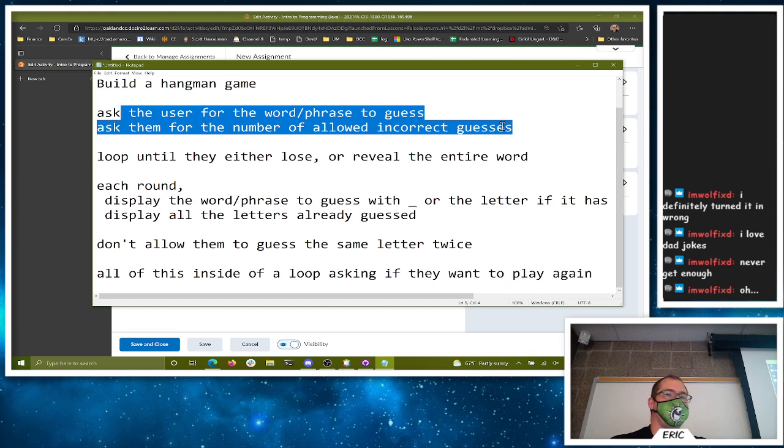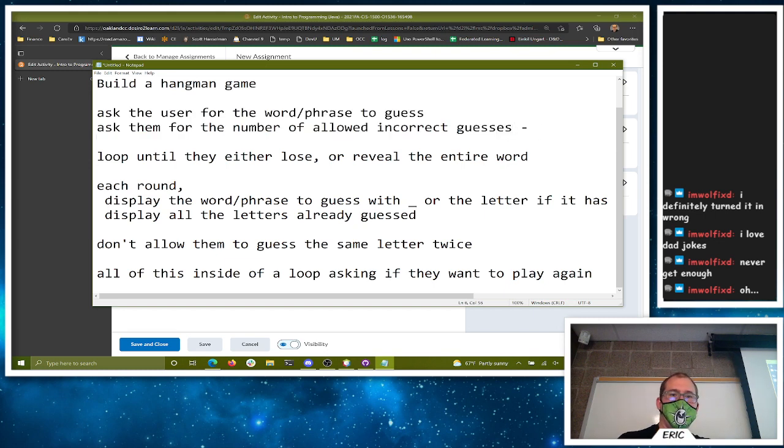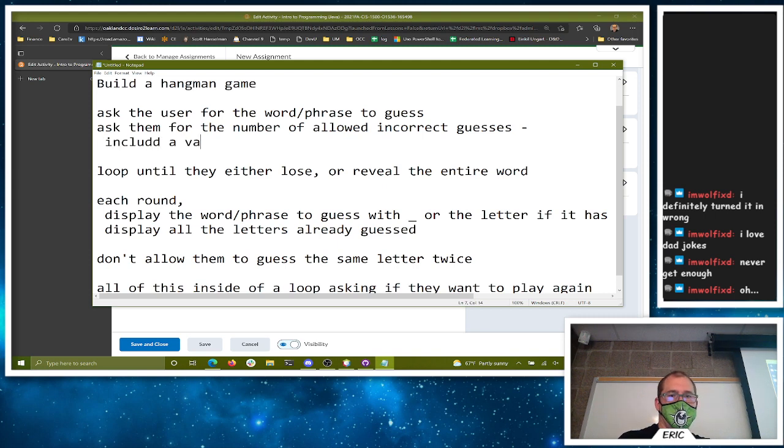Okay? So we'll include a validation loop to ensure it's between 1 and 26. Right, so if they do enter 27, let's tell them no, that's stupid. There's only 26 letters. If they enter less than 1, tell them that's stupid.